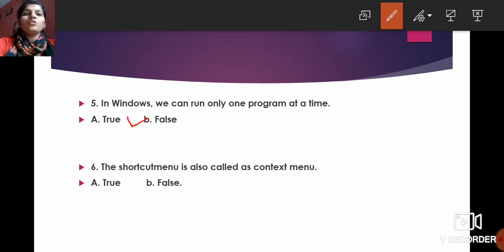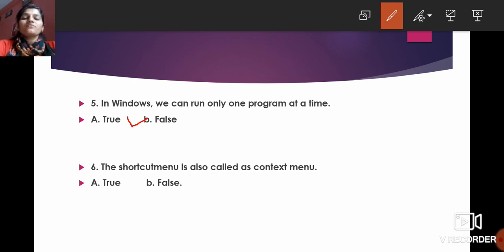As we all know, Windows is known for multitasking. Why is it known as multitasking? Because it can run more than one program at a time. It cannot run only one program at a time, but it can run more than one program at a time. That's why it is known as multitasking. So this statement is false.